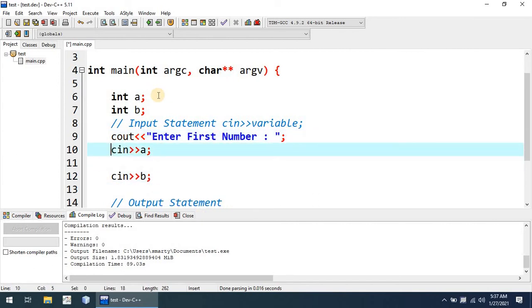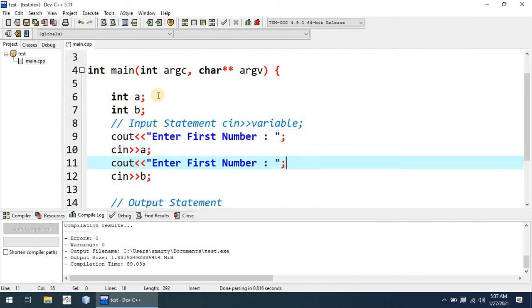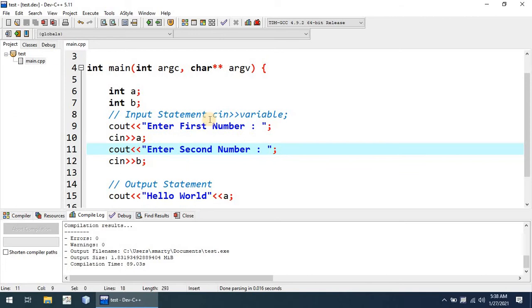Similarly, we can type here enter second number. The best practice is to take input using individual cin statements.